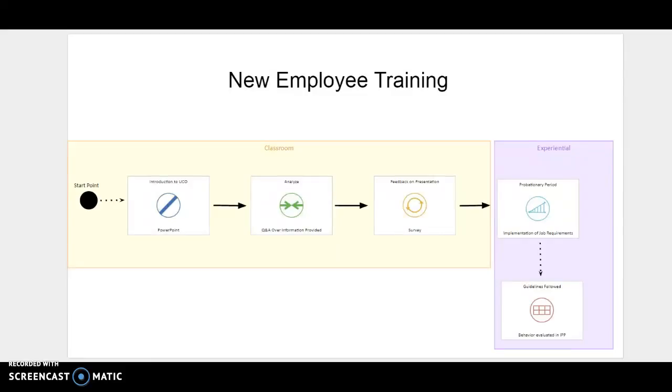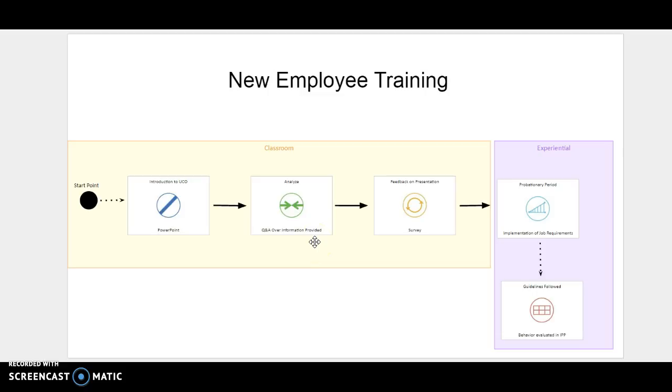My first design for my new employee training learning environment model, I looked at it, and after exploring the ILED course a little bit more, I decided to add some edits and take some of the feedback and change mine up. So how it started was I took my experience from new employee training and turned it into a learning environment model, and there was a start, there was an introduction with a PowerPoint, and then we had questions and